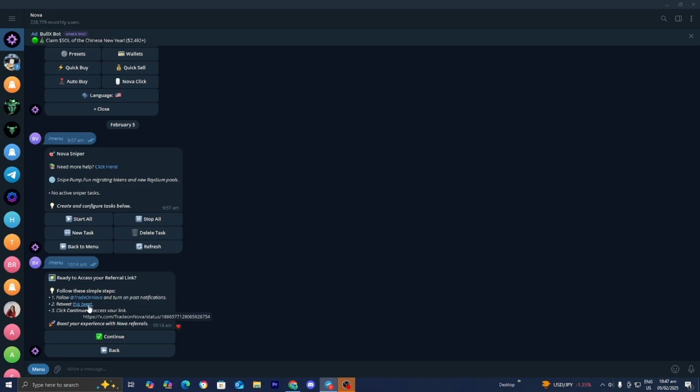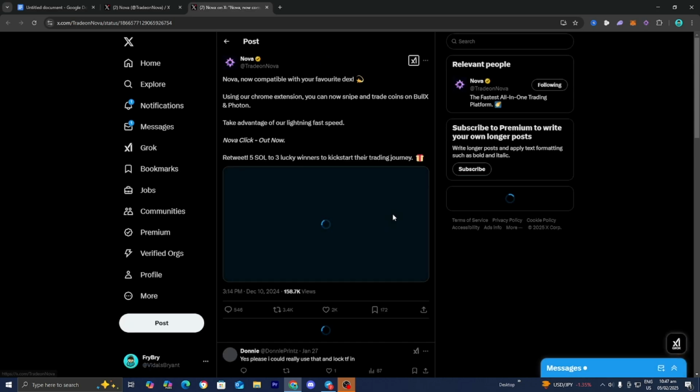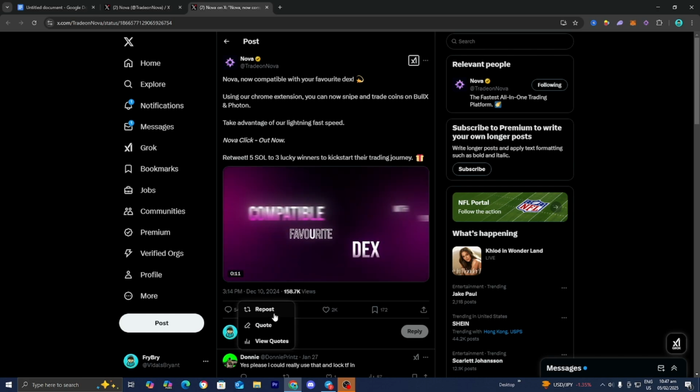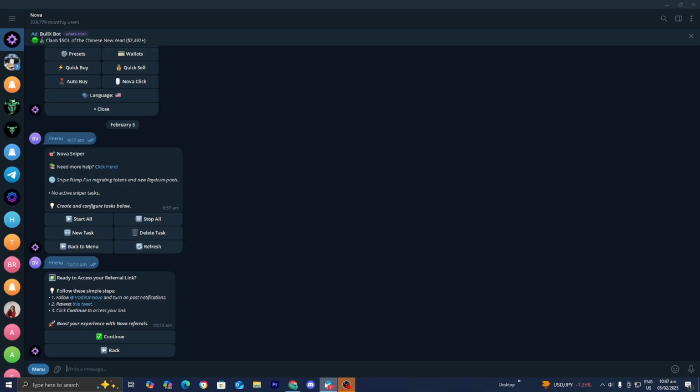So all we need to do now is retweet this particular tweet. So let's press on open, and then it is going to take us to a tweet that looks like this. So let's just go ahead and retweet it, like so, repost. Then go back to the Telegram channel, and once you're done with that, go ahead and select this option